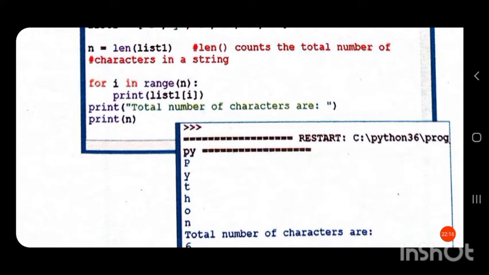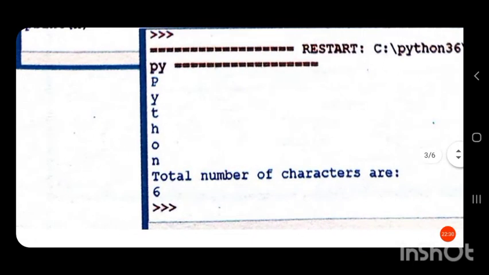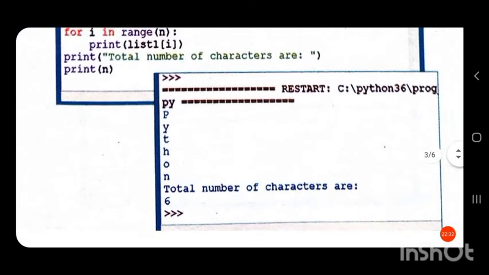So you can see that after this, there is a print statement outside the for loop.